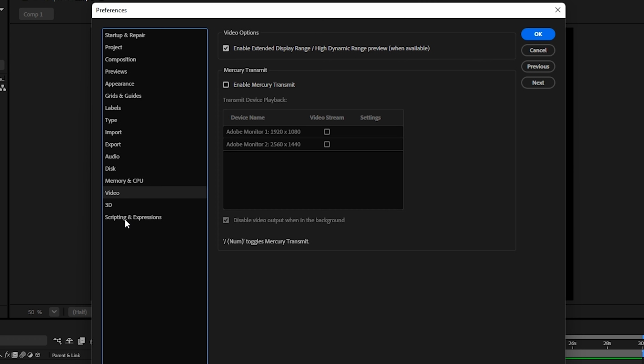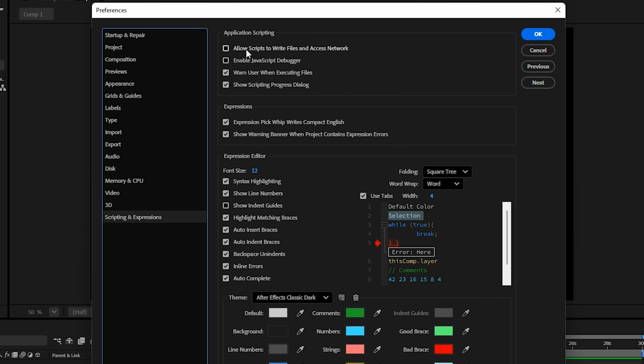And next, you need to go to scripting and expressions. You need to select this option, allow scripts to write files and access network. Make sure this is marked as tick so that the plugins or the extensions you're using do not interrupt your After Effects and slow it down. These are all the settings that we need to apply in the preferences, and once you're done, you need to